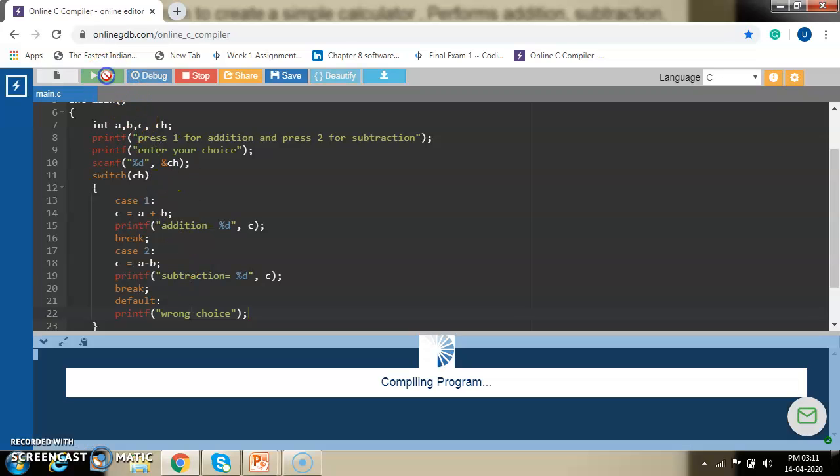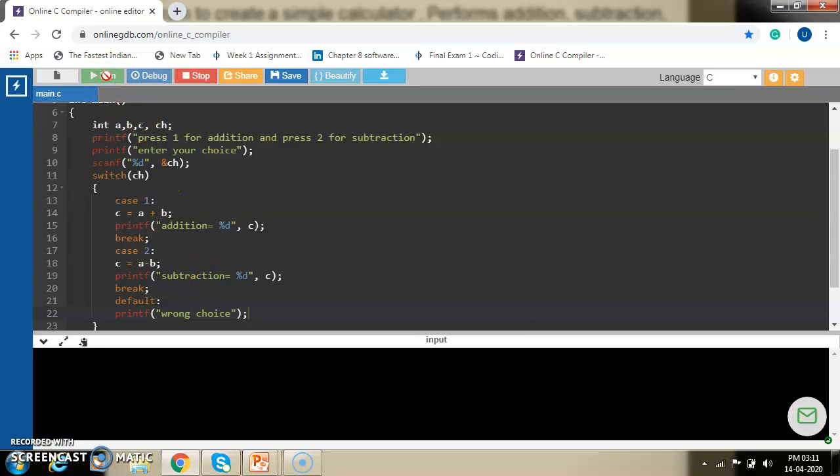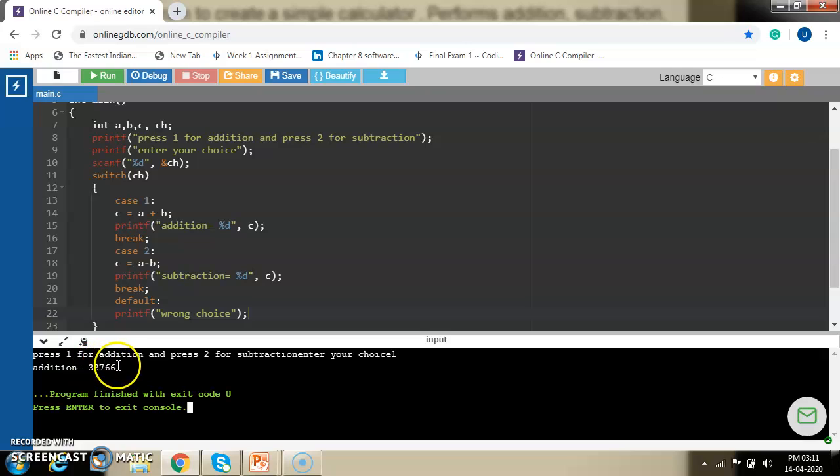So let us execute this code. Press 1 for addition and press 2 for subtraction. Enter your choice. Here we can provide a new line for enter your choice. We'll correct this program, but let us execute first. If I provide my choice 1 and I press enter, it will give me addition 32766.